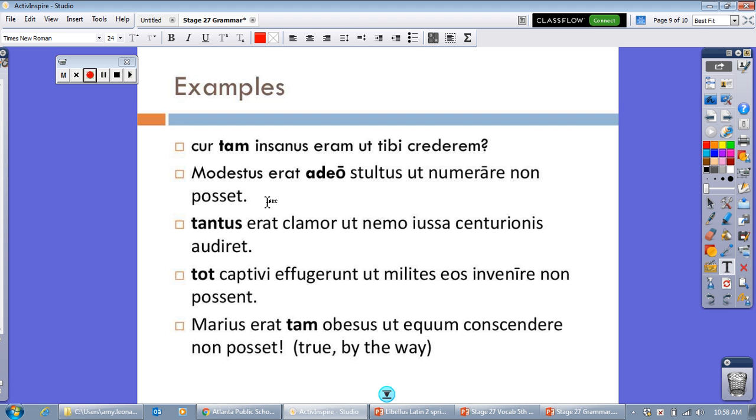Second example, Modestus erat adeo stultus ut numerare non posset. Modestus was so dumb that he was not able to count. Yeah, that sounds about right, doesn't it? There's the adeo introducing the result clause. Tantus erat clamor ut nemo iussa centurionis audiret. So great was the clamor, or the shouting,